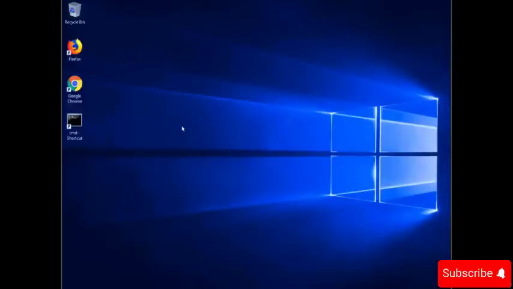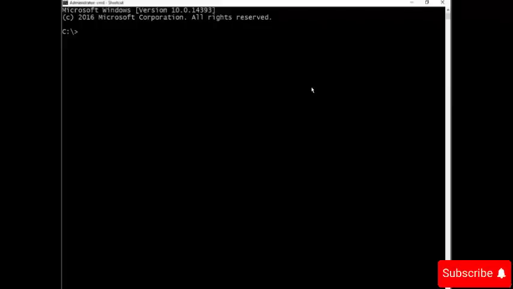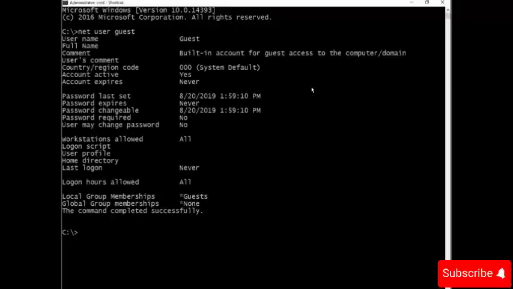Now let's open the command prompt. Now we will check the status of the guest account. So net user guest. Now we will set the status of the guest account. So net user guest /active:no.